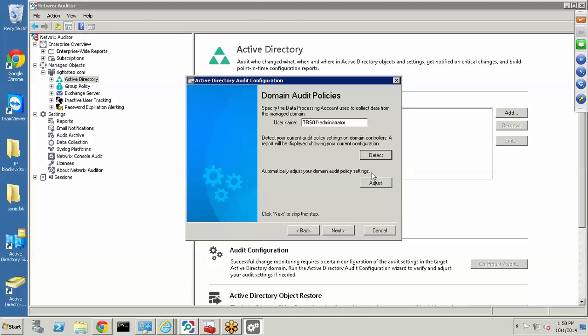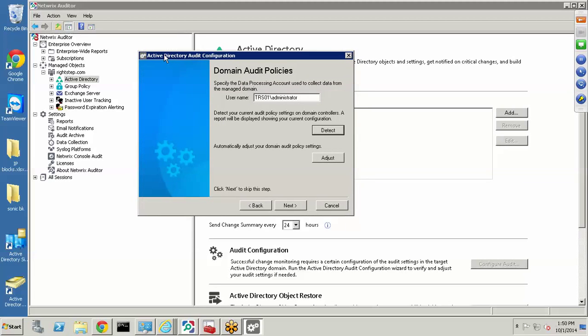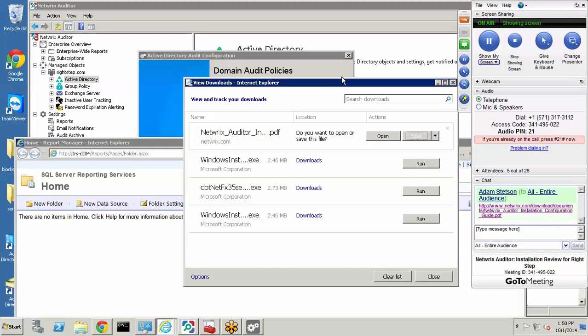And if you're ready, I can go over exactly what the settings are that are going to be changed. Or go ahead and hit adjust, and it'll make the GPO changes. Now what changes were those? It's what I was reading earlier. Here, I'll put this guide back in the chat window of GoToMeeting, and you're looking at section 4.1, and specifically,